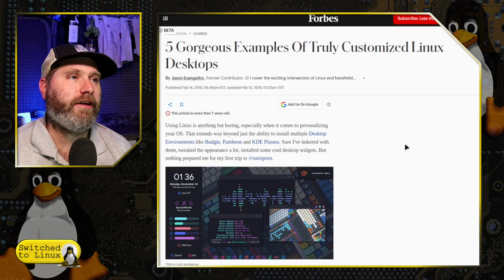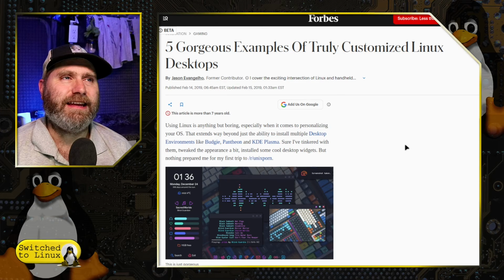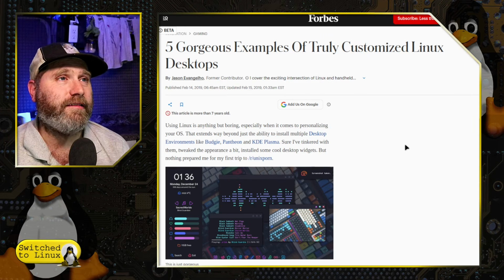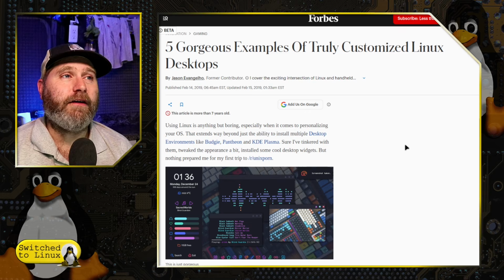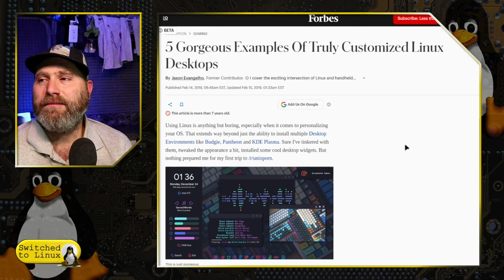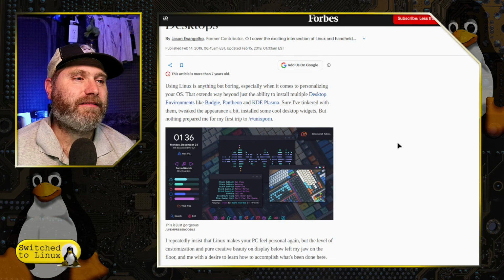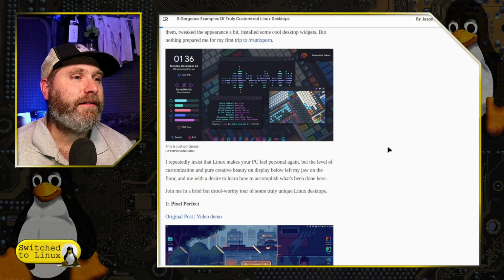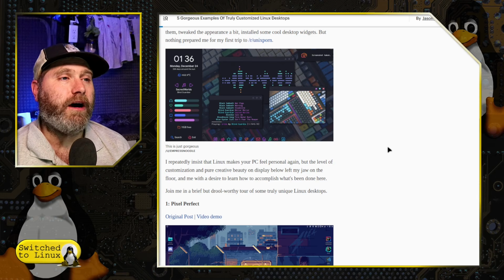And this is funny. I found an article from 2019 out of Forbes, of all places. So that's kind of curious. Five gorgeous examples of truly customized Linux desktops. Yeah, people have decided to go a little out there with their Linux desktops, which is cool,